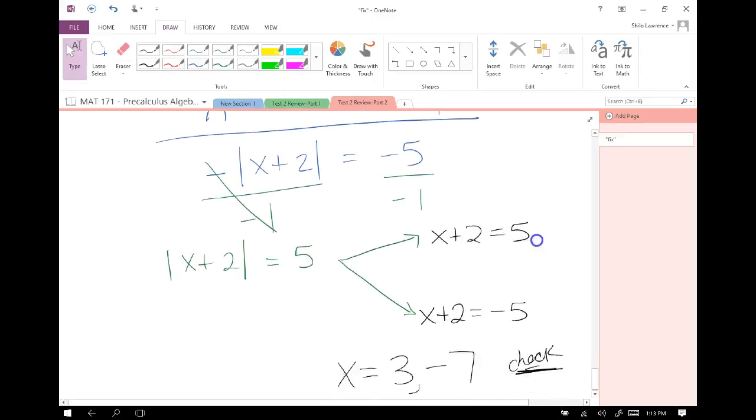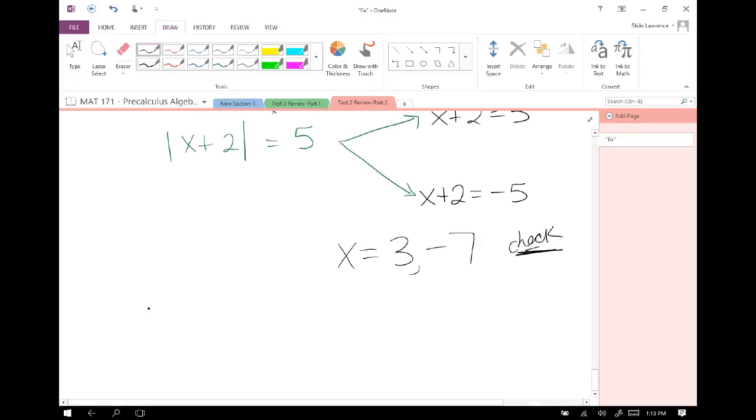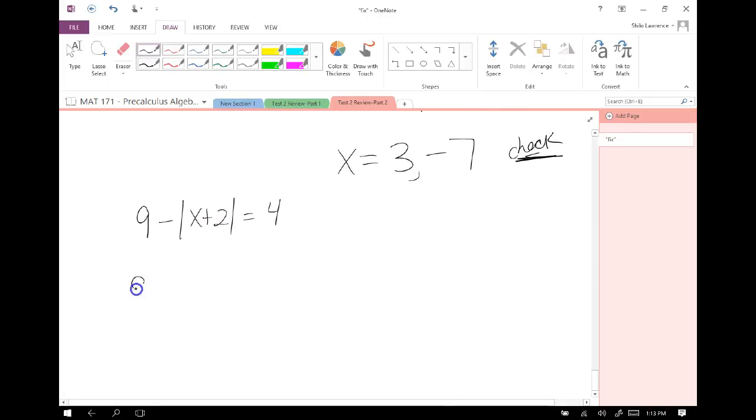So 3 and negative 7. The original was 9 minus absolute value of x plus 2 equals 4. And let's see if 3 works. 9 minus the absolute value of 3 plus 2 equals 4. So 3 plus 2 is 5. The absolute value of 5 is 5. 9 minus 5 is 4. Yep. Now if we plug in negative 7,